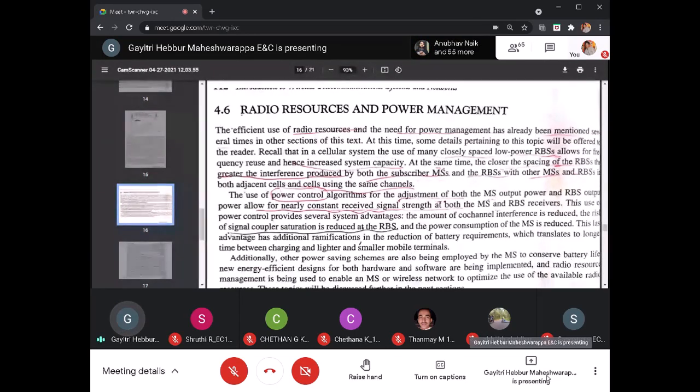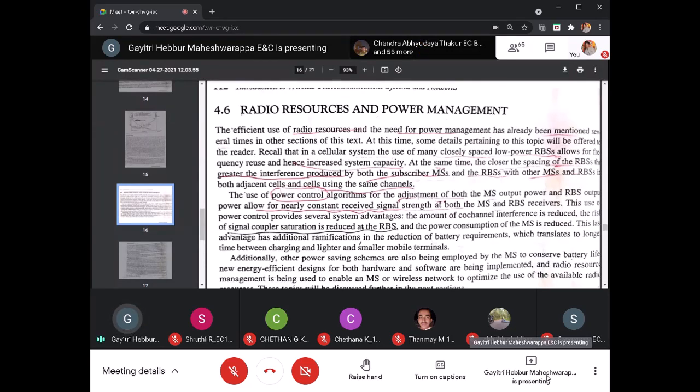As we all know, radio resource management is nothing but channel management or electromagnetic spectrum management. That is achieved with the help of this technology by using low power radio base stations and using the same channel, so we maximize the use of the radio spectrum or radio resource. At the same time we come across interference issues. If the frequency reuse distance is very small, then interference will be more, from the same channel or the adjacent cells.